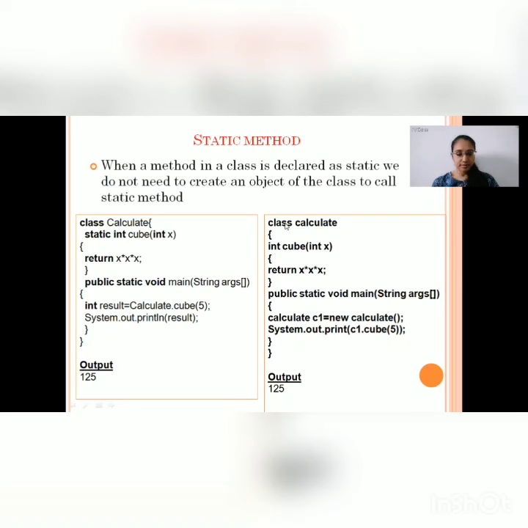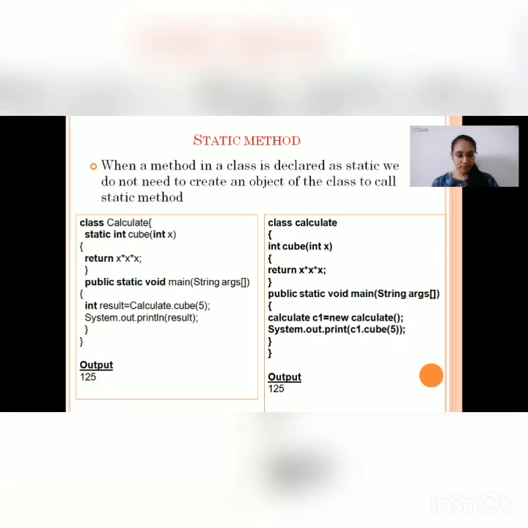Next, same class is created, which is class calculate. Same method is declared, but it is non-static method. Here integer cube is non-static. Again it returns the value cube of an integer. So when I call this method from the main method, I have to create an object of class calculate.